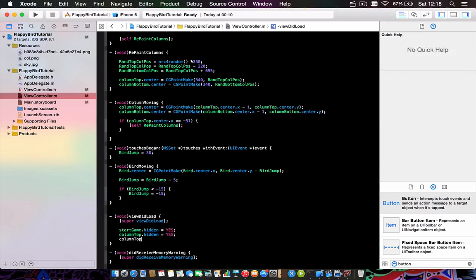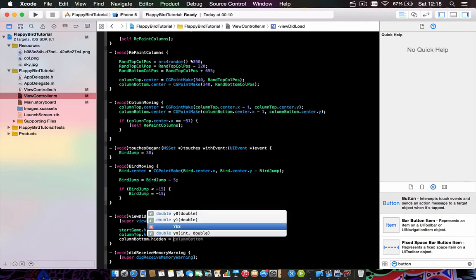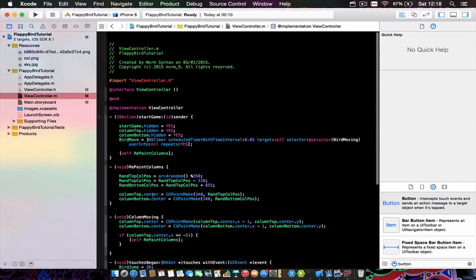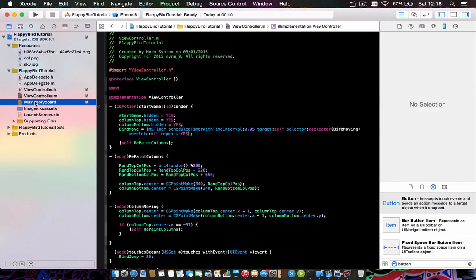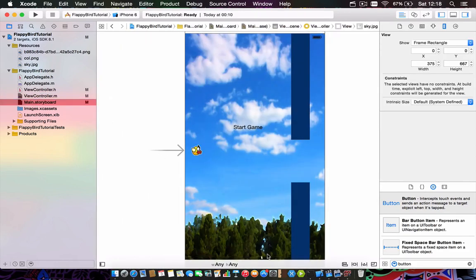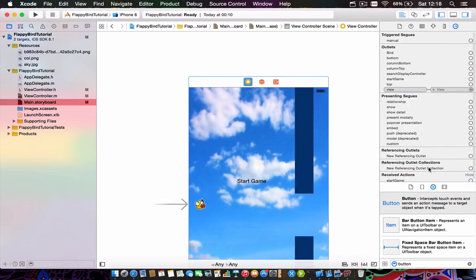Column bottom dot hidden equals yes. Okay, so I actually think we're done now for this, but before we do anything, we need to set the outlets and the